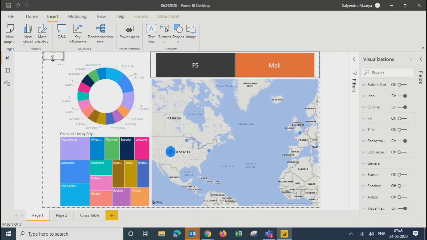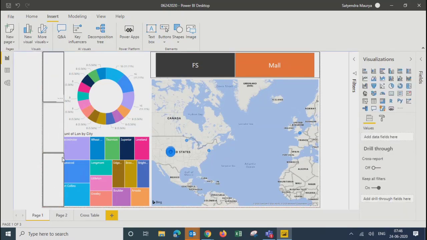I'll take that right now, and you can give it any shape, height, width, or put it anywhere. Right now I'm just putting it at the side of this page.